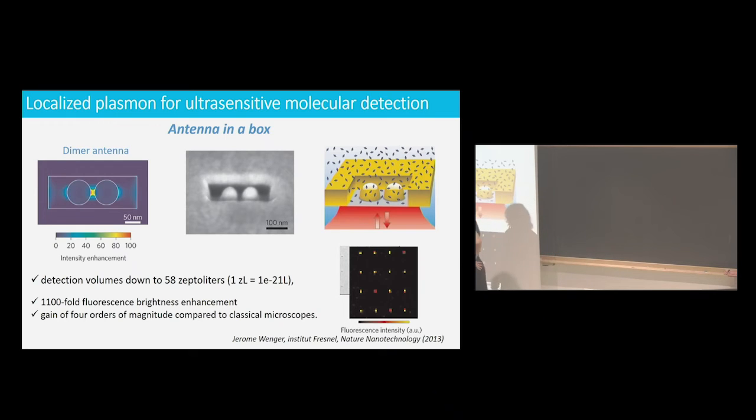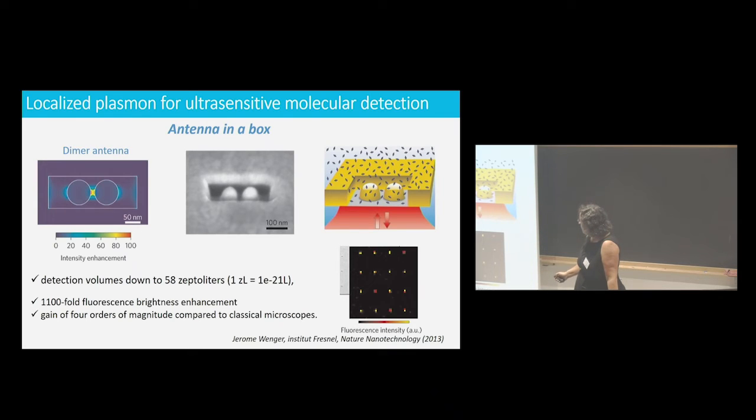We discussed before what you have as a resonance where you have a gold nanoparticle. And we discussed the fact that you could have excitations of local field, antenna effect, with the gold nanoparticles. In fact, when you take two particles very close, so typically 10 nanometers, you can see the increase of intensity that you have here and here, but you can see that between the two particles, because you have plasmons excited on both sides, you have a resonance, and you have extra intensity here. So this can be used for detection of molecules.